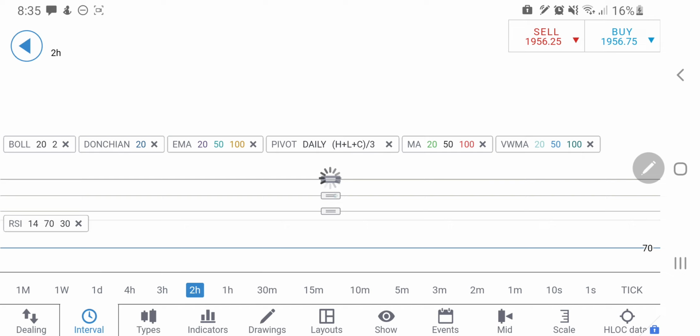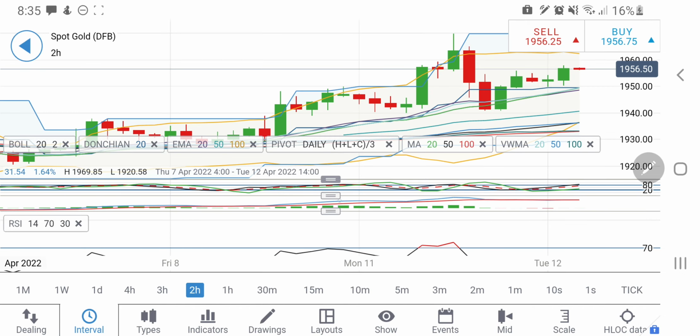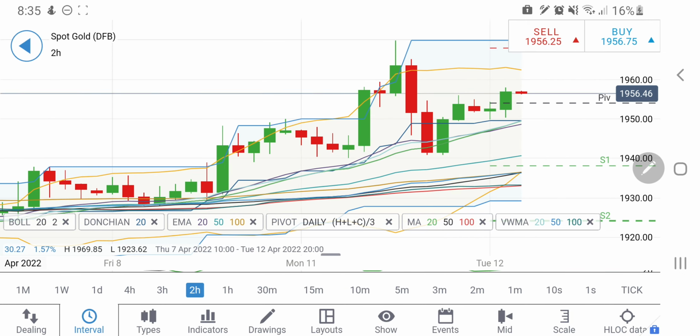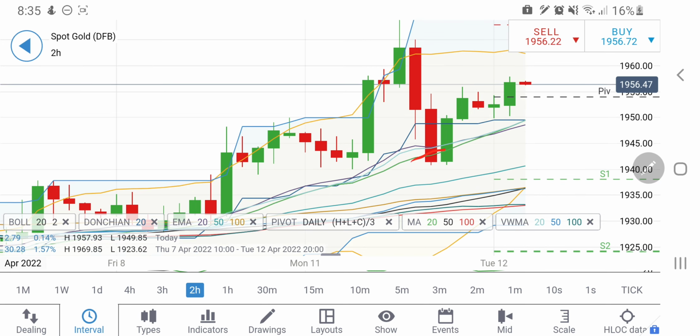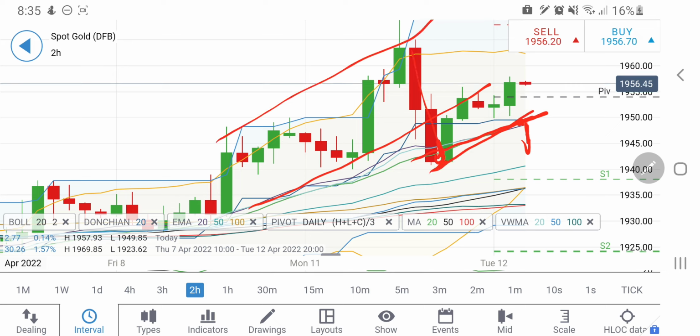If you talk about the 2-hour charts, on the 2-hour charts we can find that, see, it is trying to trade with this support here, that is a 20 period moving average, which is lying right now at around 1950 levels. So only if you see it trading below 1950, you can go short. Also look at this, see, this is the channel in which it was trading, a strong retracement, now again trying to create a channel of its own. So yes, it is still bullish, however trying to give lower lows and trying to retrace back a bit.